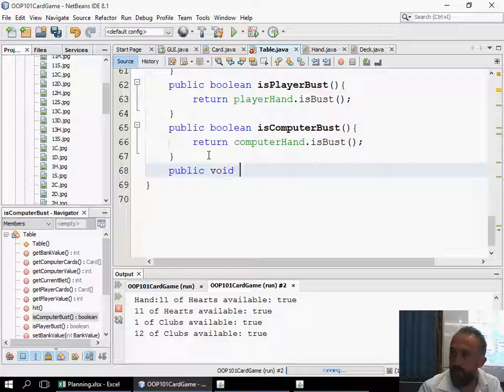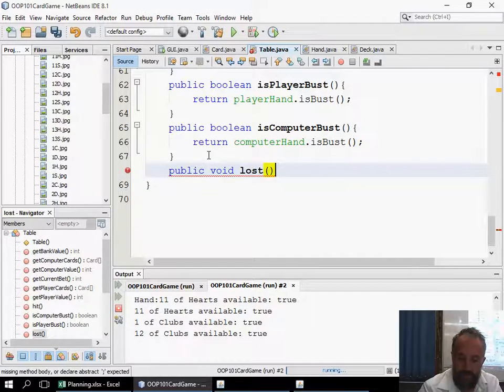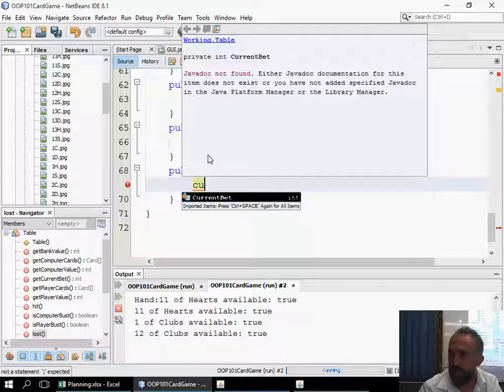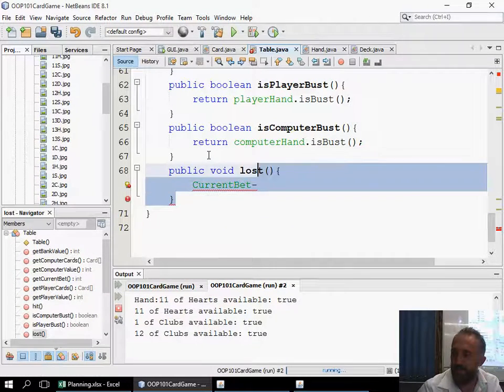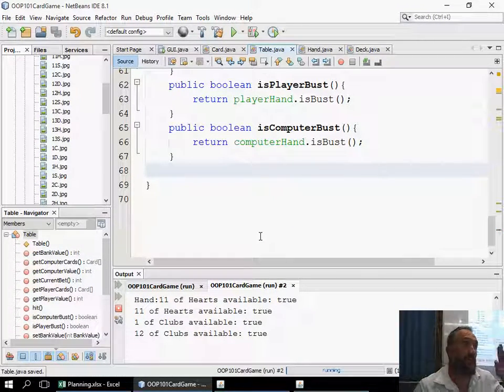So public void lost, I know that I'm going to need the current bet to equal 0. Actually, I don't even need to do that. I don't even need to do any method in here, because if you think about it,